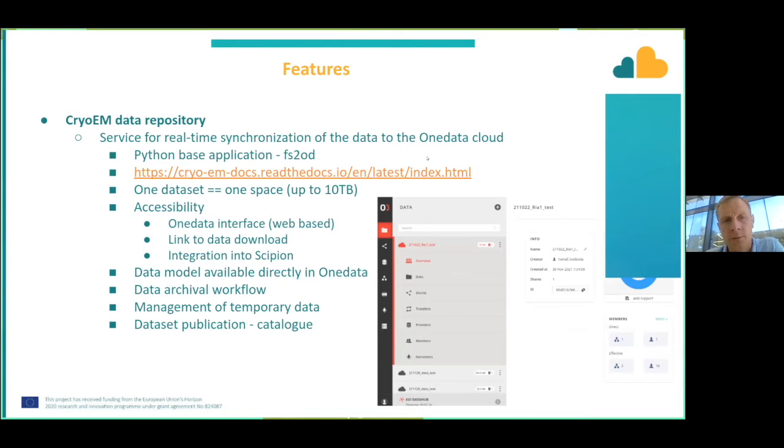For that service, we have developed a Python-based application that we call FS2OD that actually manages the creation of the new data set, that is, in the terminology of the One Data, called one space in the cloud,